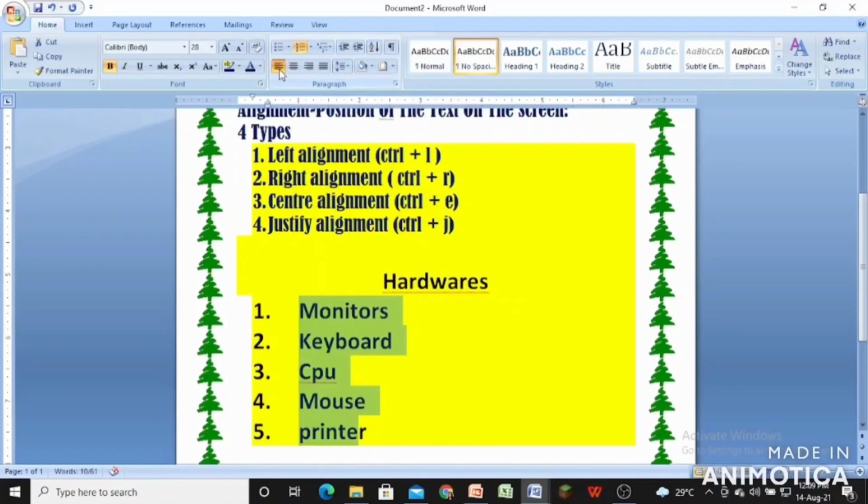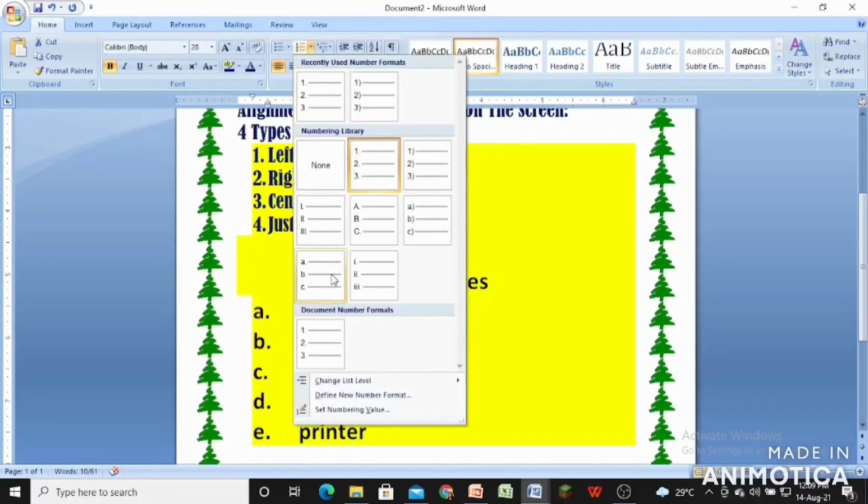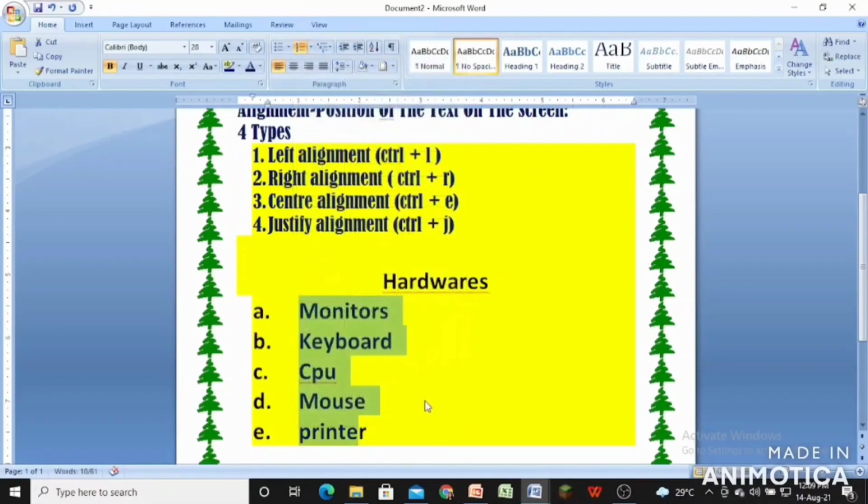So whenever you want to write anything serially, you can use the bullets. Like see here, you can change the bullets also this way. So arranging anything serially is done with the help of the bullets.